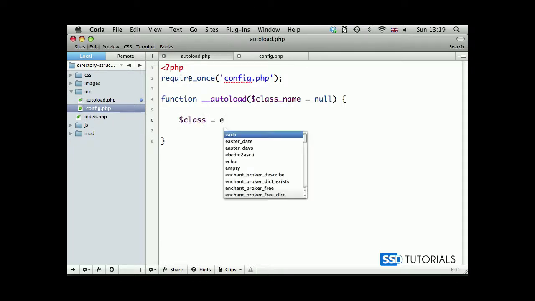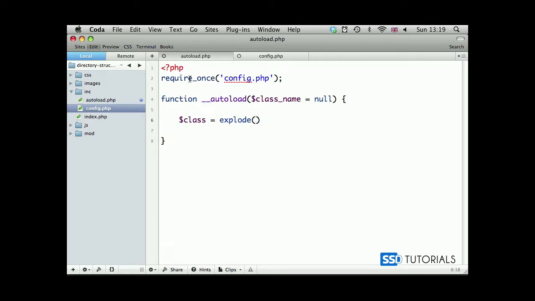We create the variable class explode, and we're going to explode our class name by using this underscore as a separator. And I'm just going to copy the name of this variable. So it's our class name, and then we check path, implode, and we're going to implode all these values which have been separated by underscore and assigned to our class variable, which becomes an array after being filtered through the explode function. And now we're going to join this class array using the implode function and / as a separator